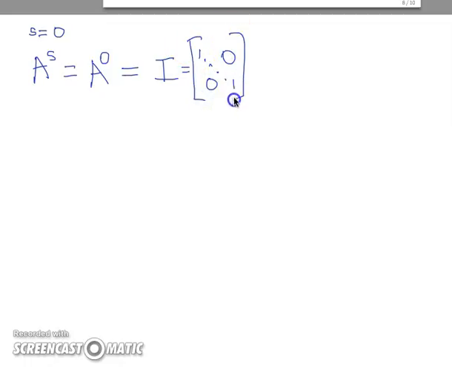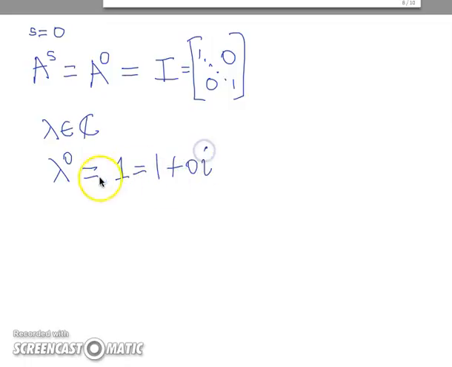And so that's in the spirit of what we had at the scalar level, right? If we're working with scalars, and lambda is a complex number, then lambda raised to the 0 power is 1. This is really 1 plus 0 times i, but that's a convention also, that the 0 exponent gives 1,